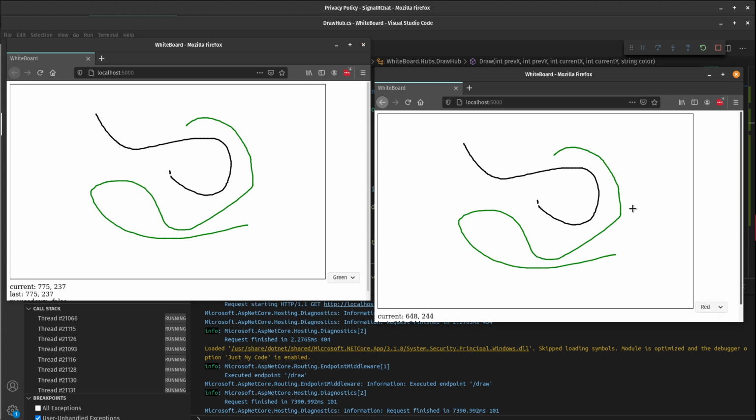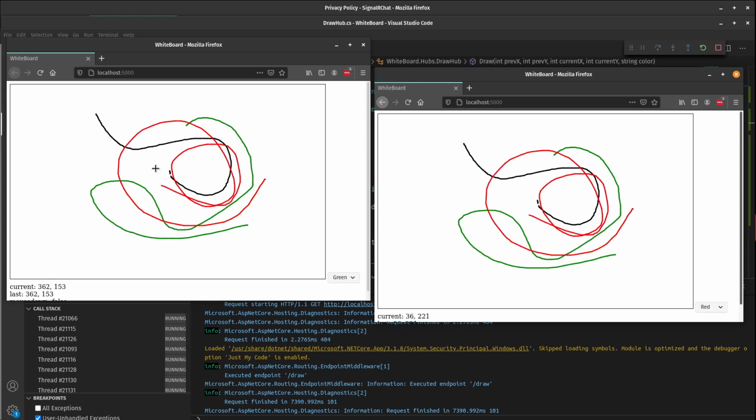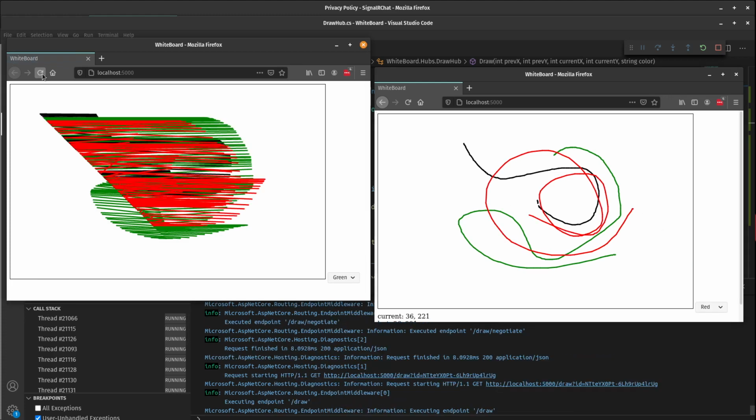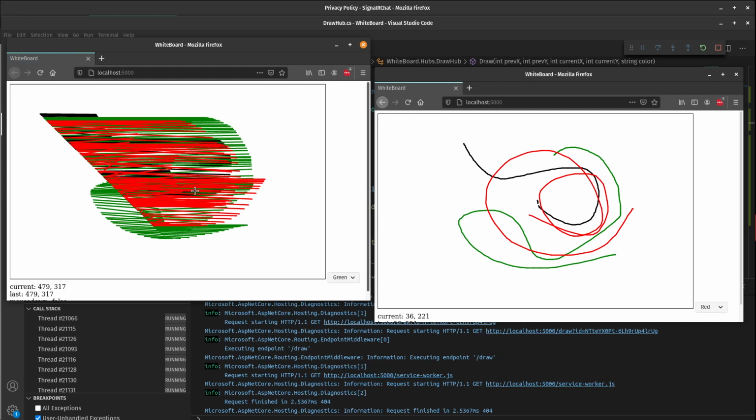I can go in here, paint some more, and if suddenly this user disconnects, okay, something is wrong here. I think I've put in the wrong coordinates. Looks pretty awesome though. But we can see it redraws, but it draws the wrong stuff. So if I go back to the code,